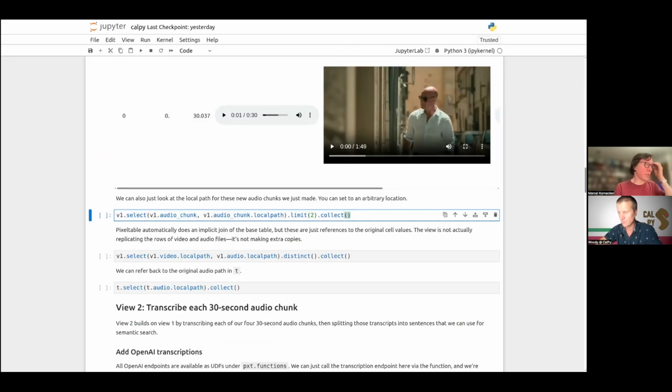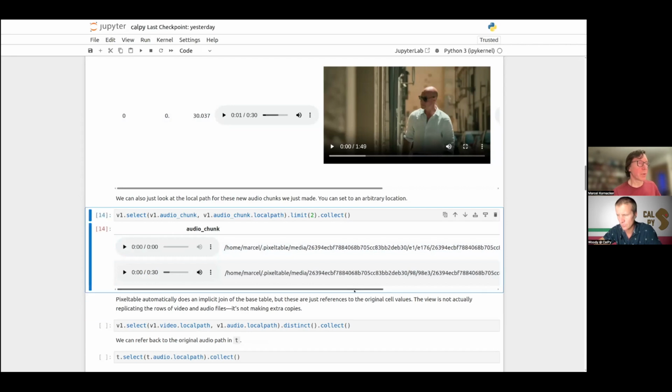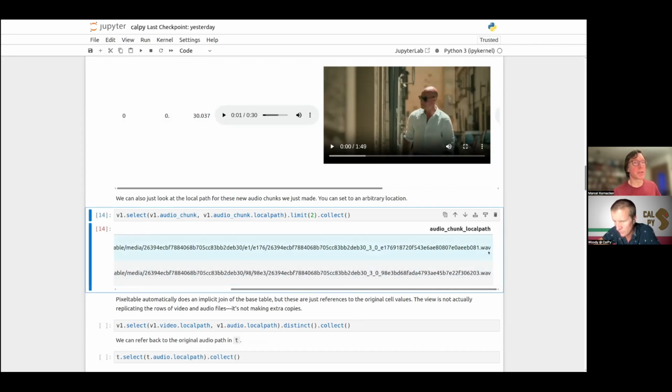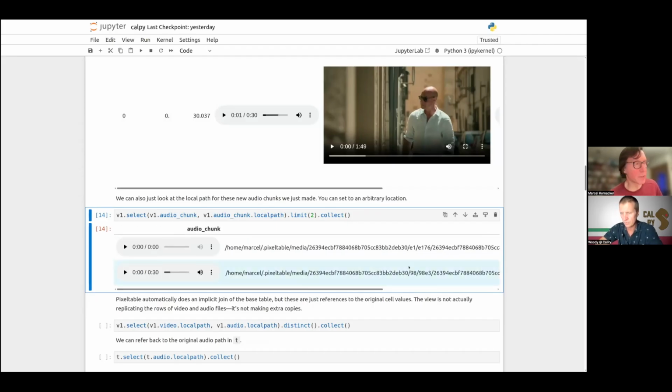Also, when we extract the audio, we create new media files, and these are stored and accessible as regular media files, which you can see here. They're MP4s, sorry, WAV files. If you want, we can also put them in a different destination. There is implicitly in the local Pixeltable a slash media directory that is the target for all generated media. But you can set a media destination and then it'll dump newly generated media files into that destination. So if you wanted to create servable media data, you could put that into a different directory.